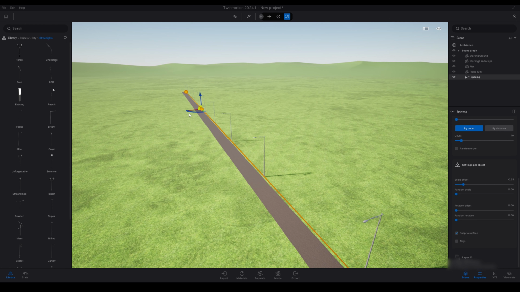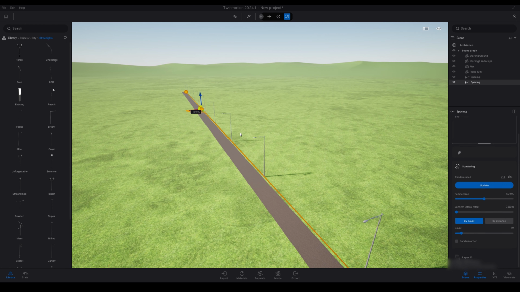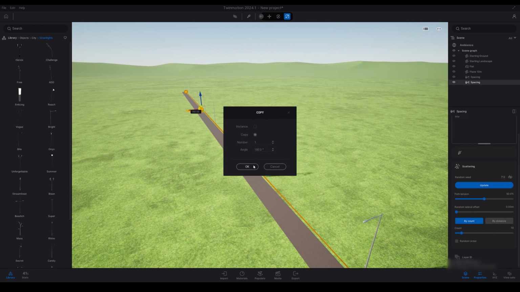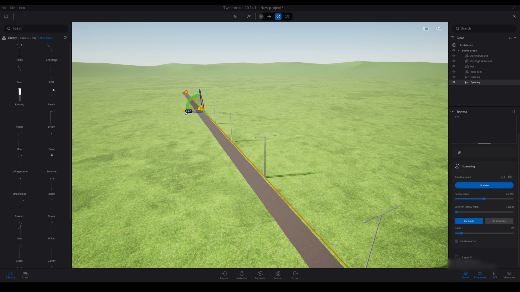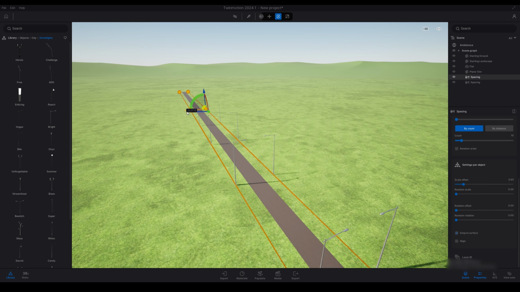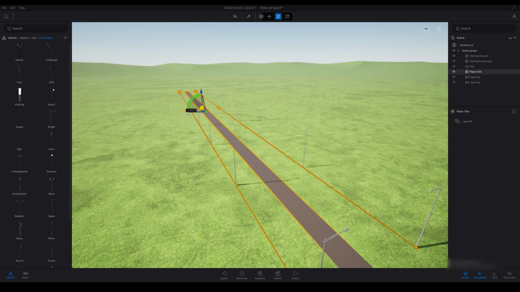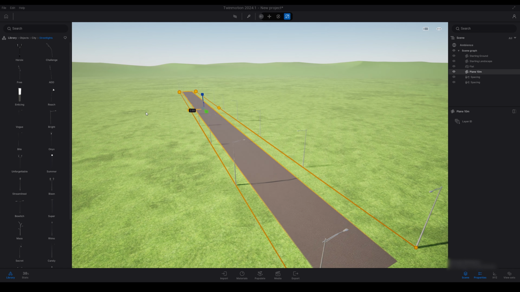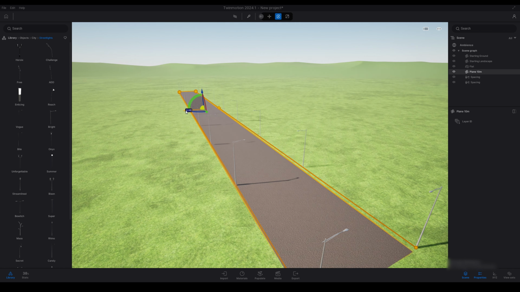I'm just going to go ahead and duplicate my spacing line that I have. The reason in doing this is I'm going to create a road, so I'm going to show you how utilizing the spacing and area tools I can create a nice country looking road, with not much to it. Now I'm just going to scale my road just so it extends out to my spacing line.